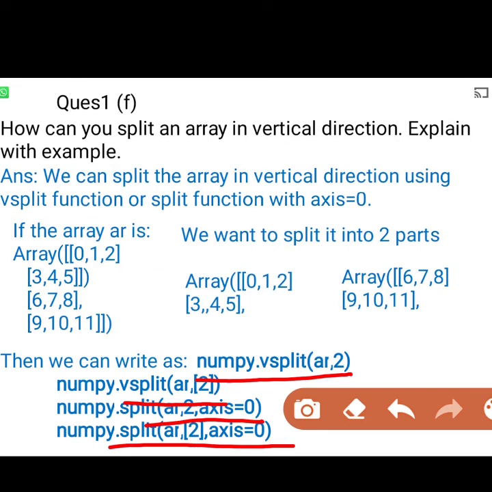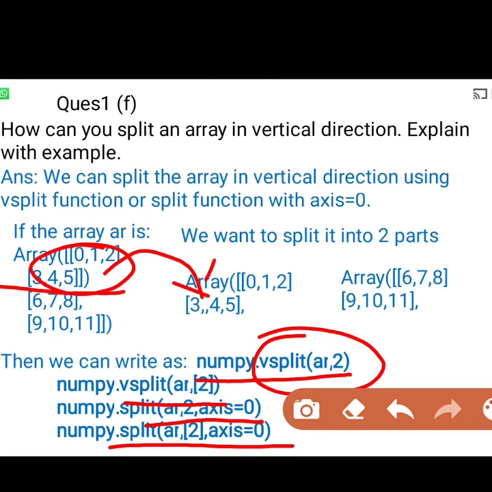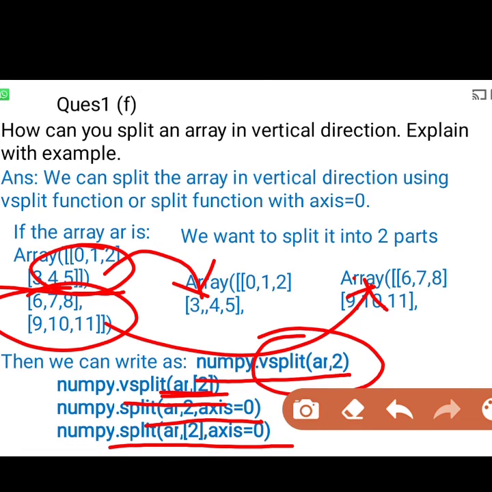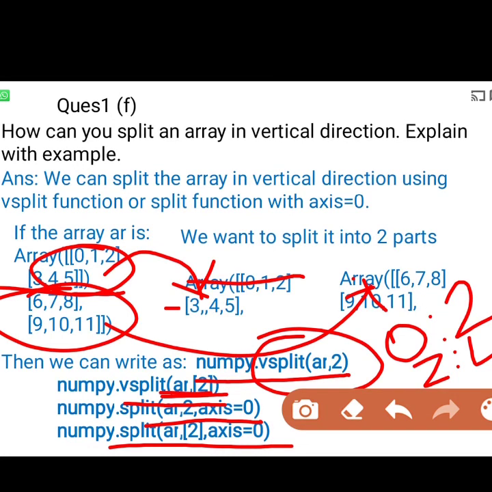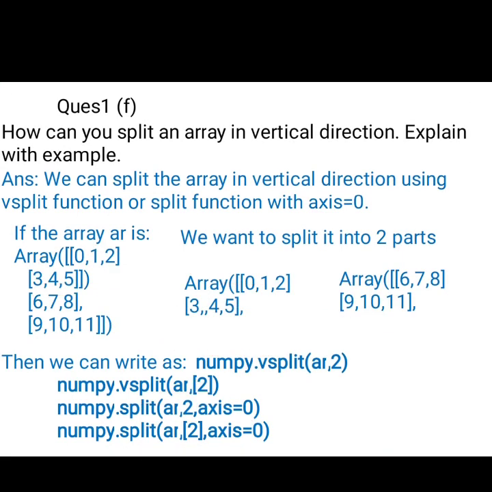Next is using split function by giving axis is equal to 0. Now you know very well how to vertically split it into two parts. It will create two parts of that array. So first array will be placed here and second array will be here. But when you will use array comma 2 in a list form, then how it will split? It will make its parts using this rule, 0 to 2 and 2 to last. So for 0 to 2 it will create 0th row and first row, second row will not be included, and for 2 to last it will create starting from 2 up to the last position. Next question.